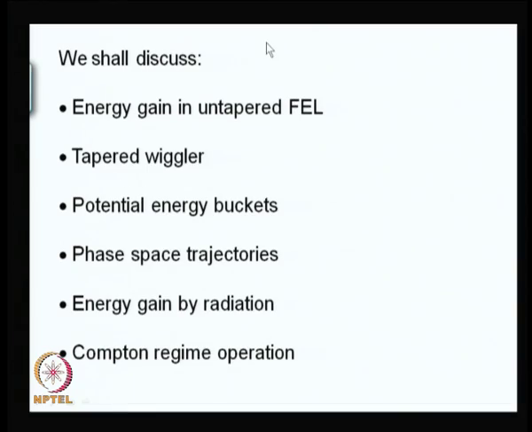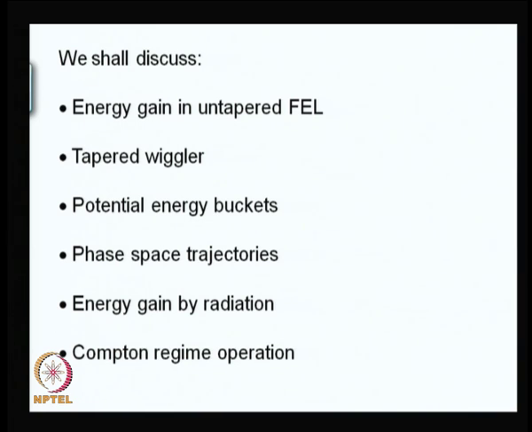We shall essentially discuss the energy gain in untapered FEL that we were discussing last time, but we could not complete that discussion. So, we will continue with the discussion, and we will go over to see what a tapered Wiggler is and obtain potential energy buckets due to the ponderomotive force created, or rather exerted, on the electrons by the laser field and the Wiggler magnetic field, whose wave number is a function of position,